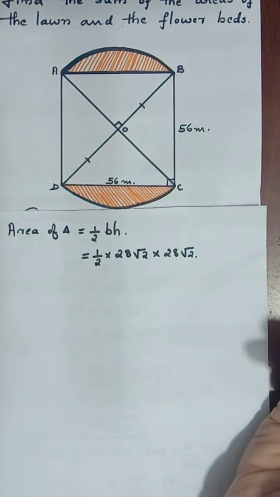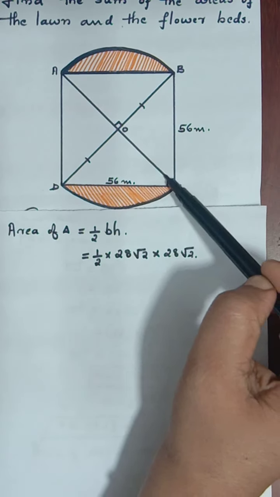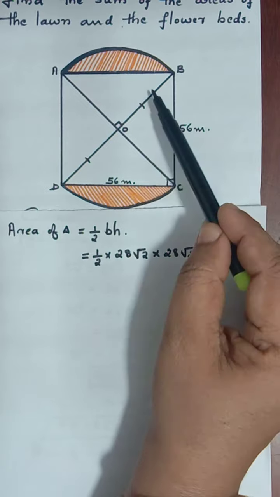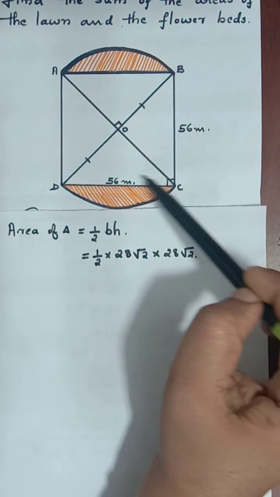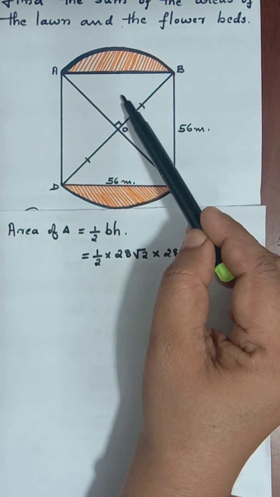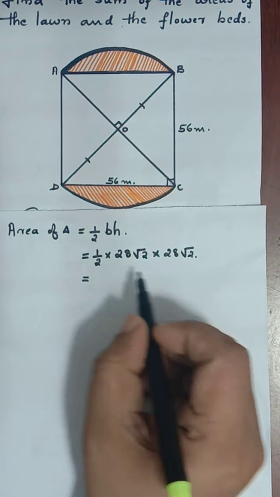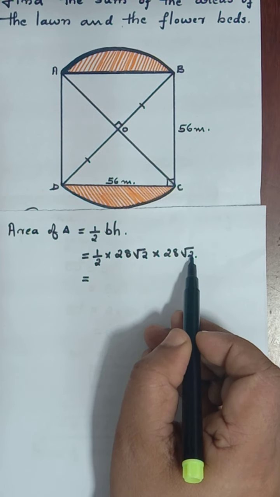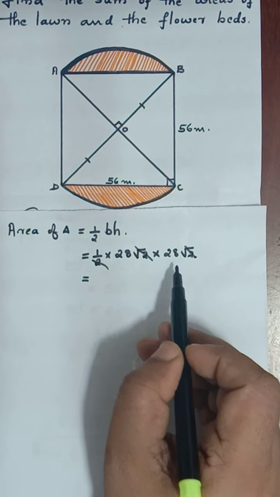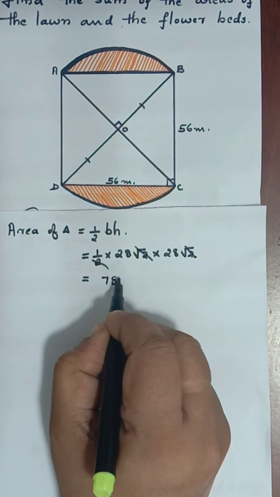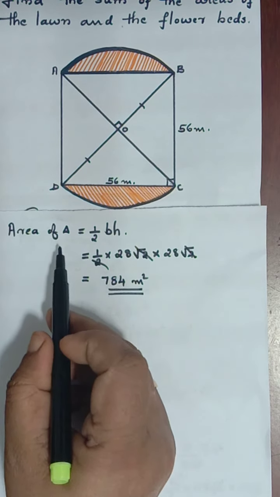See, in a different method we can calculate this. Actually this triangle is 1/4 of the area of the square. That can also be used, any method. You find the square area; only 1/4 of the square area is triangle AOB. So you can use any method. Here you can see root 2 into root 2 is 2. 2 can be cancelled with the 2. 28 into 28 comes, that is equal to 784 meters square. So we got the area of the triangle also.